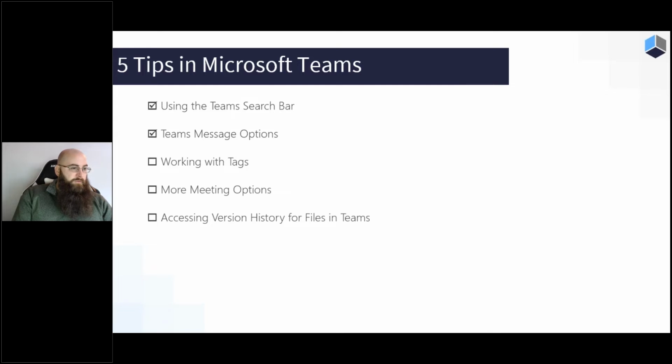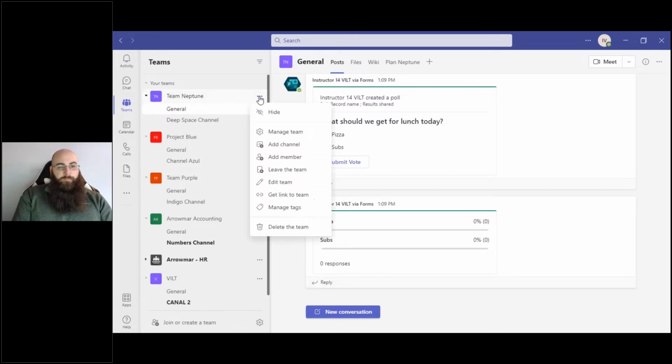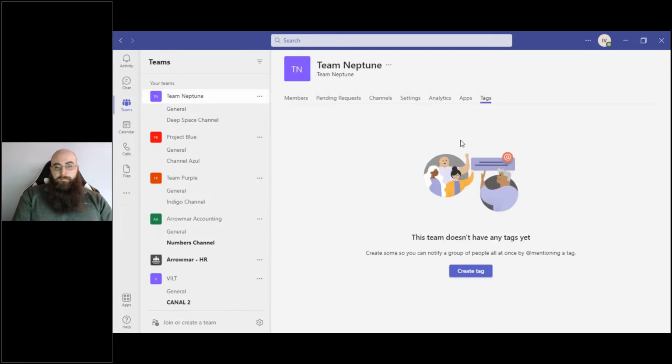There are a couple ways to create tags for Teams. So bringing up the Teams app, one way to do this, to the right of your team, you can find and click on these three dots for more options. And toward the bottom of the options, you may find Manage Tags. Click on Manage Tags. Should take you to this Tags tab in your team settings where we can create a